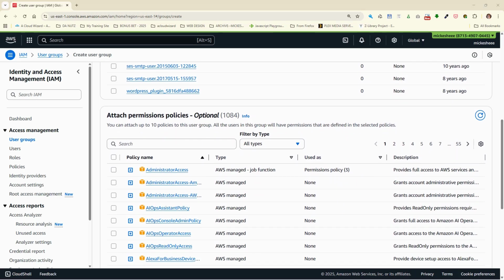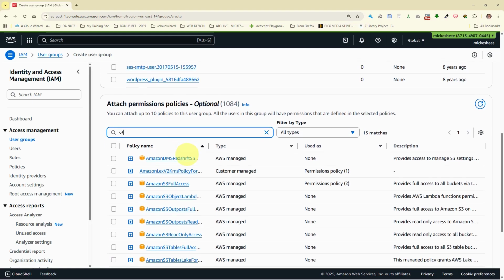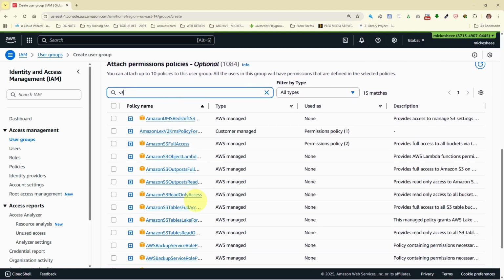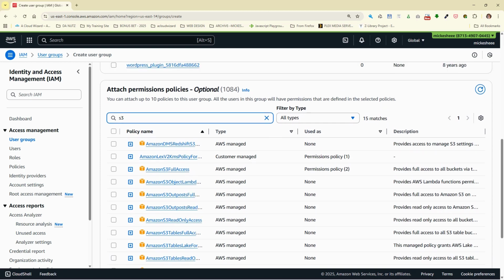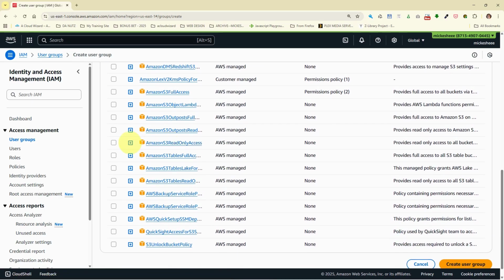And as I discussed before, we're going to add an AWS managed policy, S3 read only, but you can type in here S3 and it should come up with the various S3 permission policies. And if we scroll down here, see read only access, and that's the one we want. Open that up